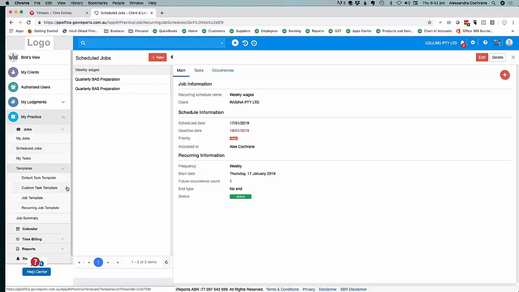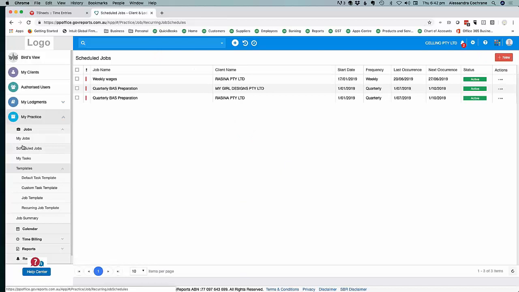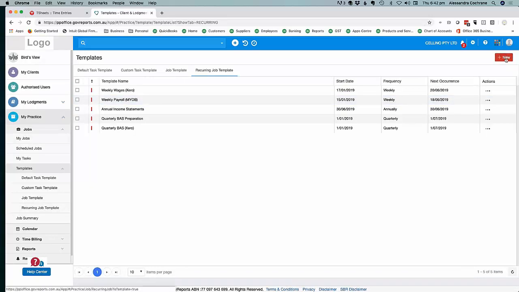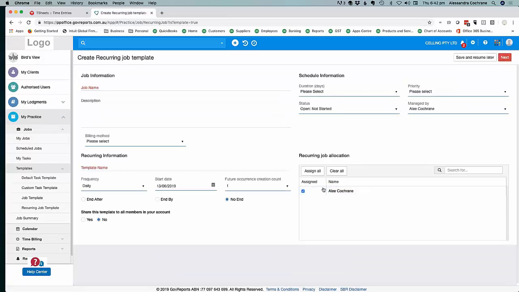When it comes to the scheduling of your jobs, you'll notice that when you create a new job, and I'm going to go into the recurring job template and create a new one just to show you, you'll see down here you can assign it to your different staff members. And if you've connected it to Google Calendar,